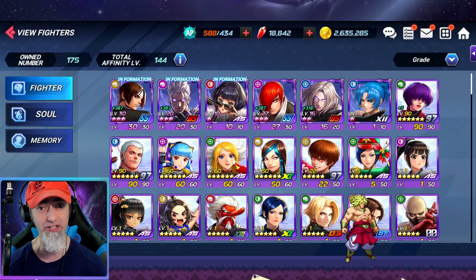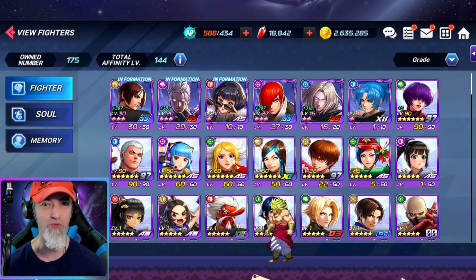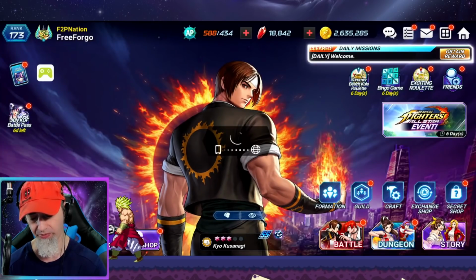In fact, the characters I'm mainly working on are Kyo, Zero, Iori, Ignis, right? And then Leona, of course, because she's waifu. And I was able to get a memory for her. But that's about it. It's kind of a slow process right now because of the collaboration. Trying to save